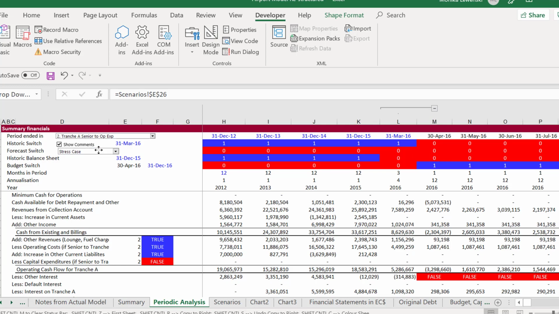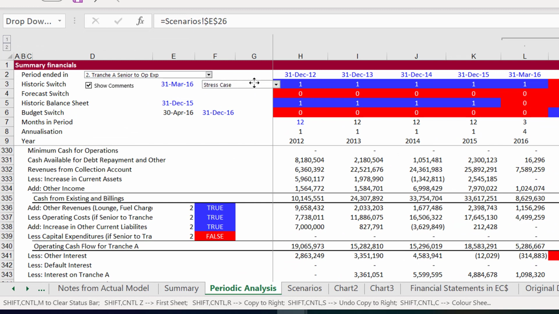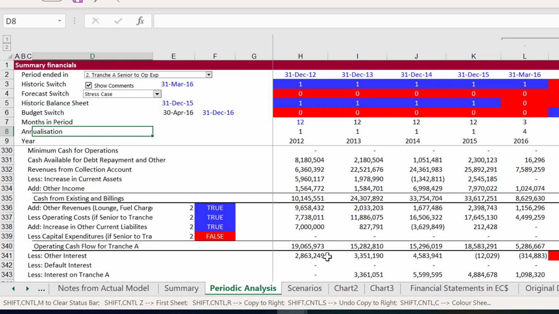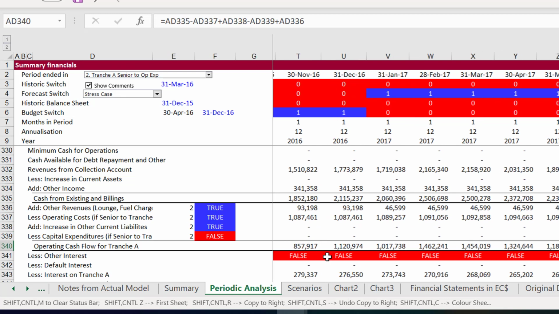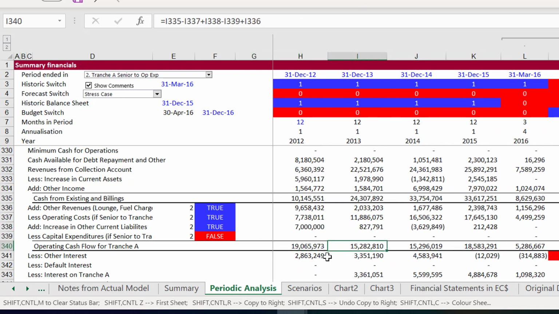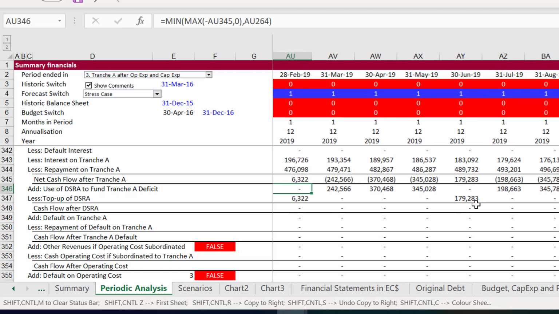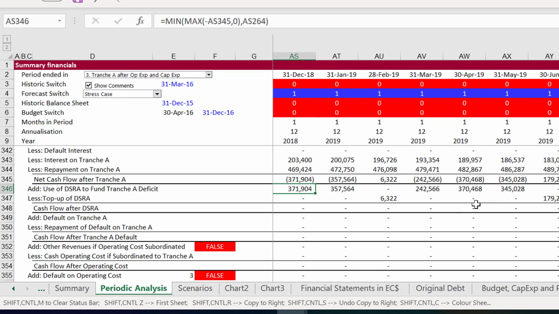Okay, so in the stress case now, I've not been drinking, I promise. Oh shoot, I wanted some negative numbers, just a minute. Okay, so I made a little bit of a more extreme case, and what I really wanted to show you is that when you make one of these